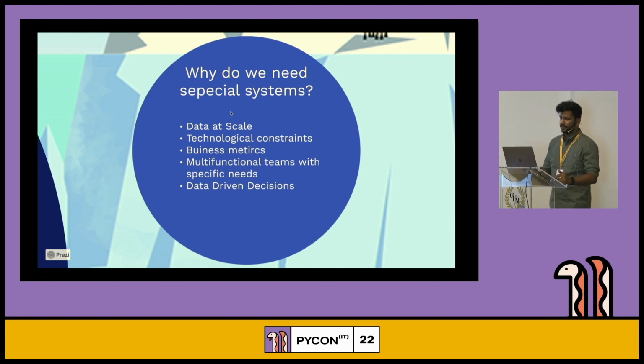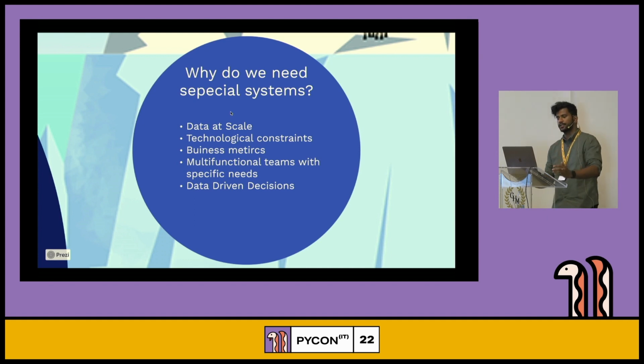But then again, there are multiple technological constraints. Your database may not be sufficient for the analytics that you want to do. You want to move it to another database which has greater optimization for running different sorts of queries. Then for your business teams, there could be very different needs from your entire team or infrastructure. It could be based on reporting, it could be based on fraud, it could be based on different sorts of needs that your business requires, right?